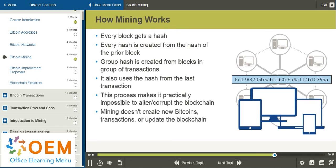The mining process doesn't actually create Bitcoins, transactions, or update the blockchain, but rather mining is used to solve problems so that the blockchain can be updated. It involves the work done to solve